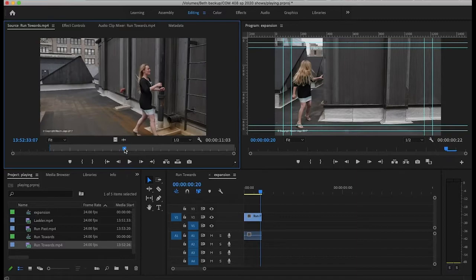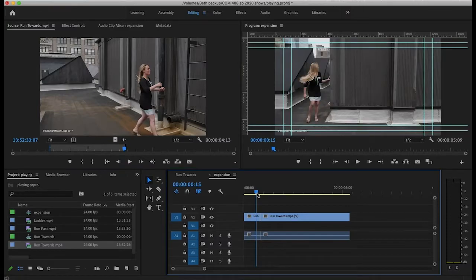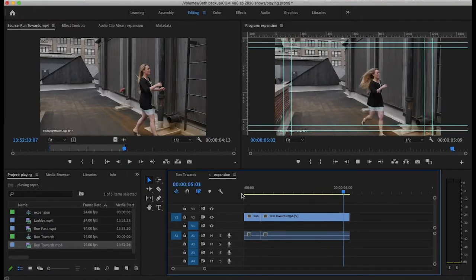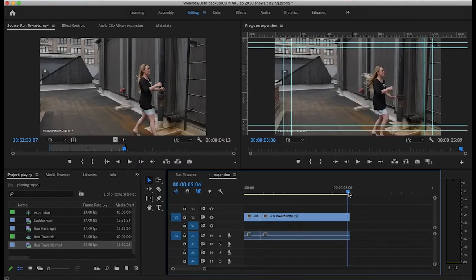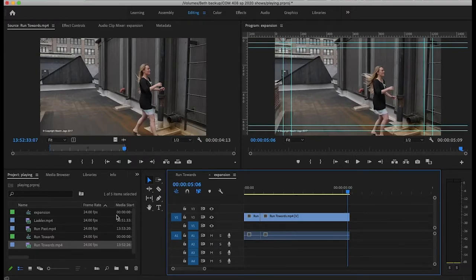Okay, so now let's add this onto the timeline. I'm going to hit overwrite because I'm going to clip this last little bit. So now we have this. So this is actually kind of mimicking real time. And then, so she comes at the ladder. And if I want, I can back it up just a scotch